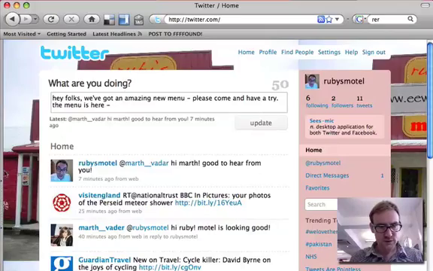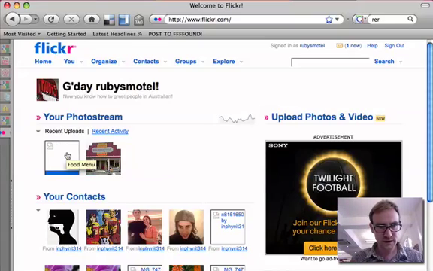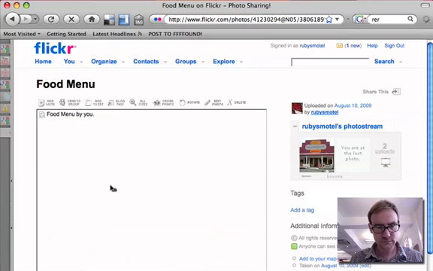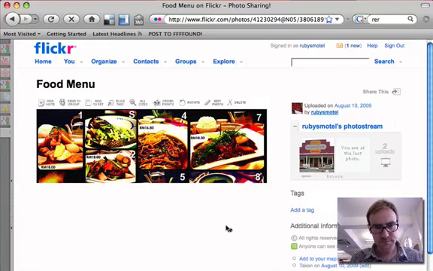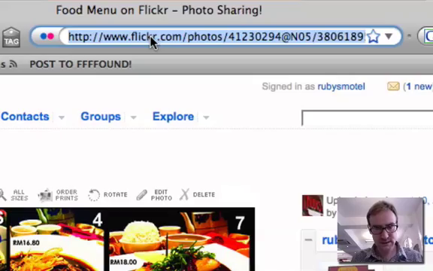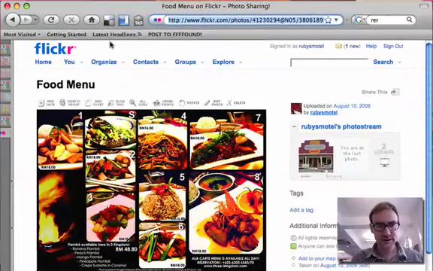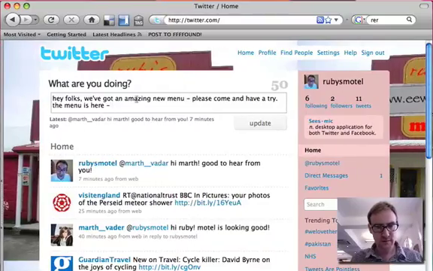Now, if I go over to my Flickr account, earlier on I posted up a picture of a menu. I click this, you'll see the new menu for Ruby's Motel. It's a very sophisticated menu, and I want to tell my followers about it. So I could just click this, copy and paste this URL, this website address, and post it into my Twitter account. So if I paste that in there,